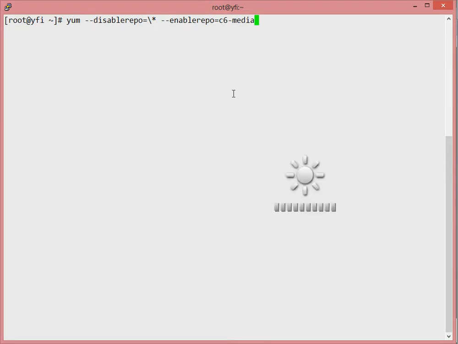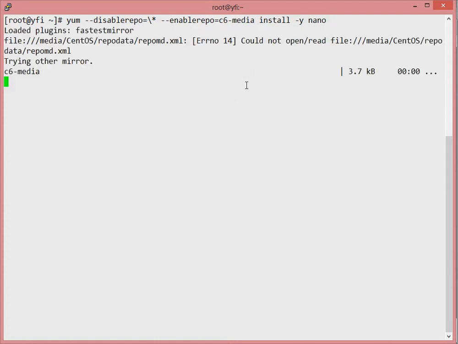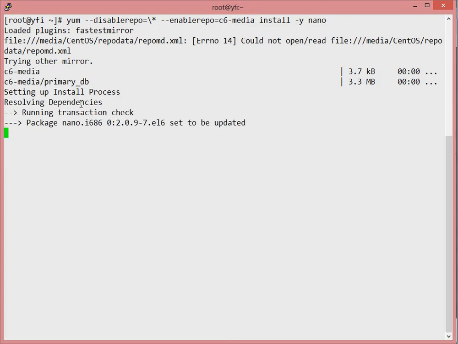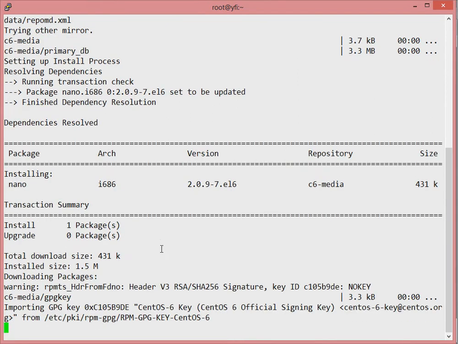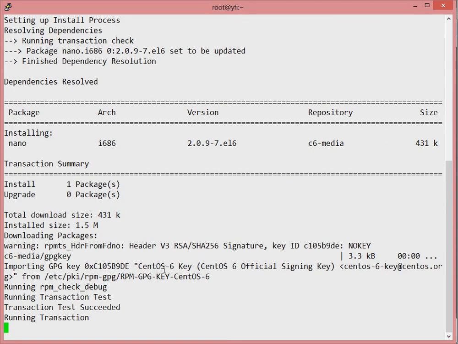So after typing this, I will now type the install, and then I'll install basic software like nano. And for now, let me just install nano, then I'll show you how to install the group packages just to avoid the time. So this will go ahead and install nano, accept the CentOS key,